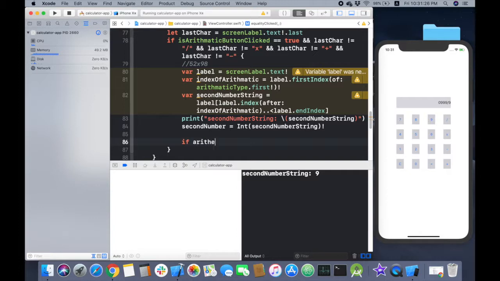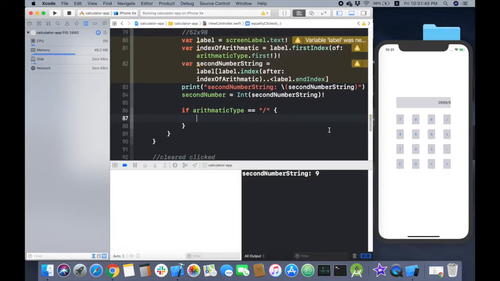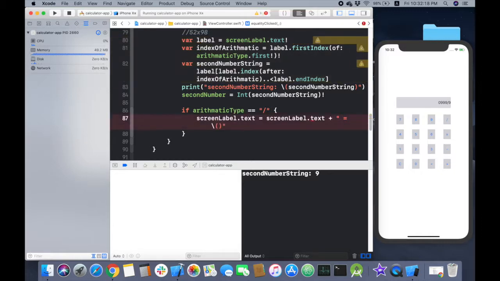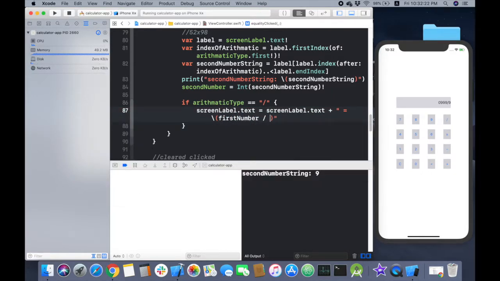So if arithmetic type is equal to division, what do we need now? We need screen label dot text is equal to screen label dot text plus, is equal to, and we need to perform the division, first number divided by second number. So if it is, else if it is